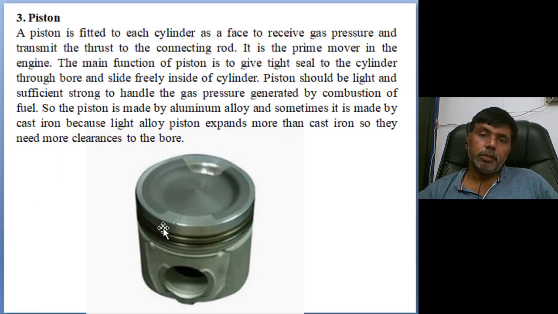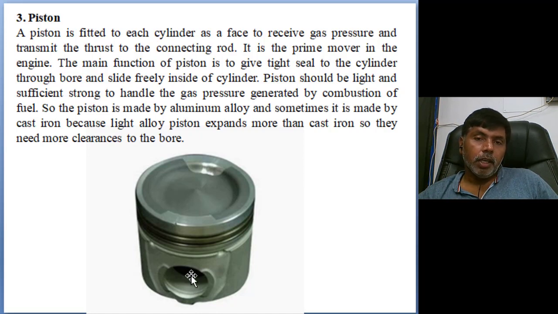Next, the piston. You see, the piston is the main part absorbing the force and energy. This is the piston crown, the face exposed to the combustion gases. The piston contains grooves for oil rings and compression rings, and this is the small end bearing. Here, through the gudgeon pin, we connect the connecting rod with the piston. Pistons of small engines are generally made of aluminum alloys; otherwise, nickel chromium steels are used.